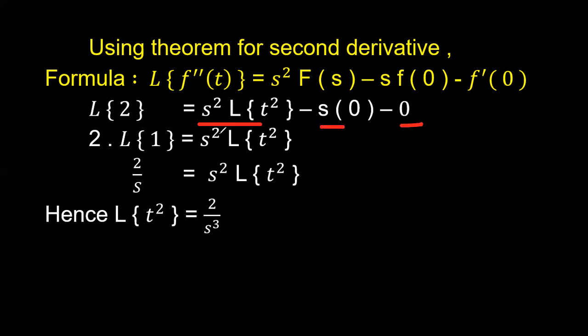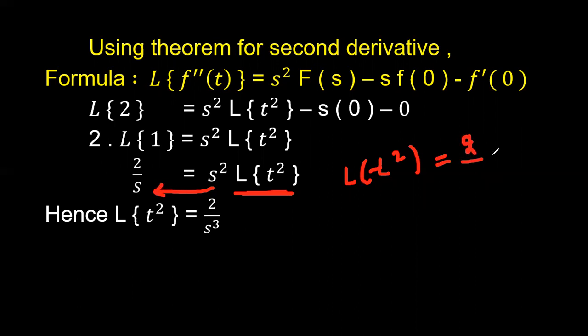Okay, right. So 2 into Laplace transform of 1. What is Laplace transform of 1? That is nothing but 1 by s, so 2 into 1 by s is your 2 by s. At the LHS side, you will get 2 by s. At the RHS side, s square into Laplace transform of t square. Now we have to find out the Laplace transform of t square. So Laplace transform of t square is equal to: take this s square, which is in multiplication with the Laplace transform of t square, and shift it to the LHS side. So that is shifted to the denominator, s into s square.